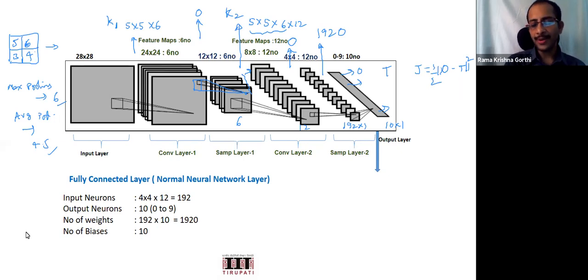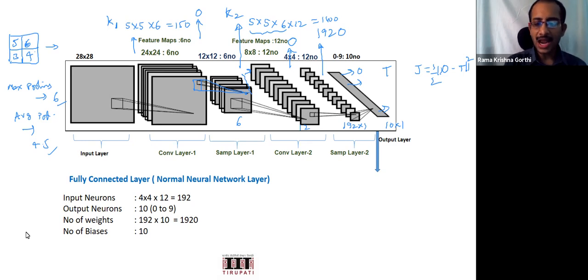Now I want to do backpropagation, but let us first understand how we initialize these things, because we need to start. So we start with random initialization of all these kernel values. Overall here it is 150, here it is 1800, and then 1900. So close to 4000, assume that. For 4000 elements we need to learn.